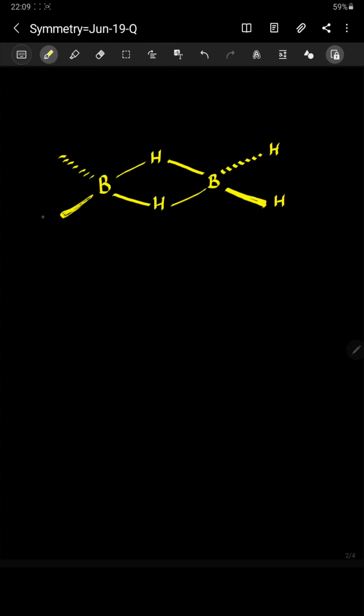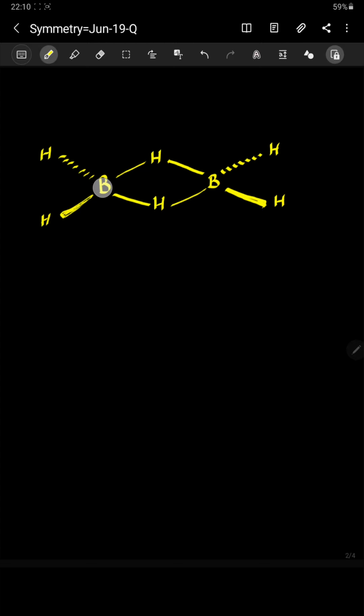The student must know the geometry of the molecule, that is the foremost thing. Some students go wrong while drawing the structure of diborane, where they put it as a planar structure. In fact, it is not a planar structure, instead it is a non-planar structure. I don't say it is a tetrahedral environment, but it is approximately a tetrahedral environment around each boron.